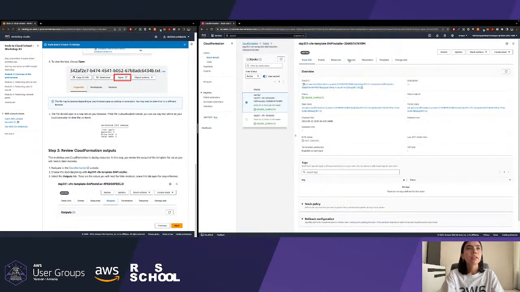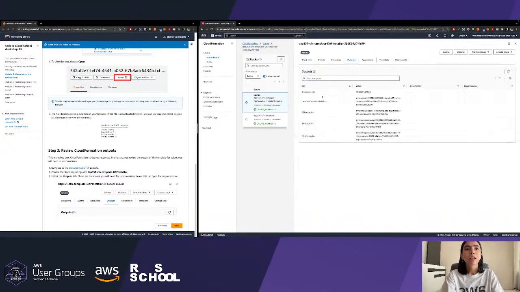And here you can open the Outputs tab and just keep this tab. I will keep it open because we will need these IDs and ARNs very frequently, sorry. So just open another console here,